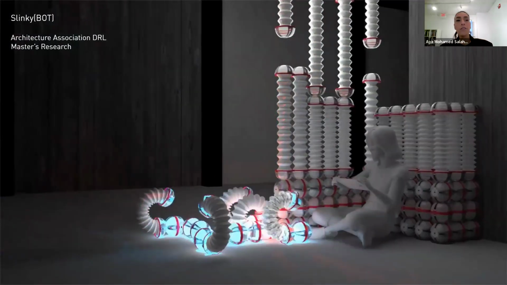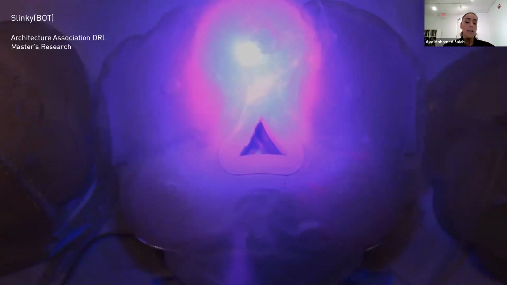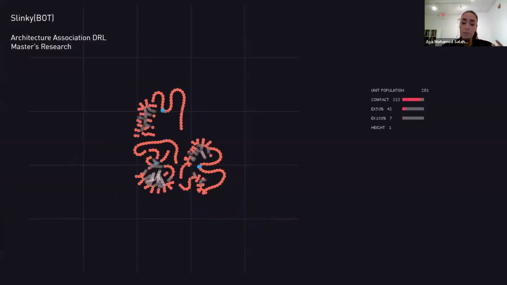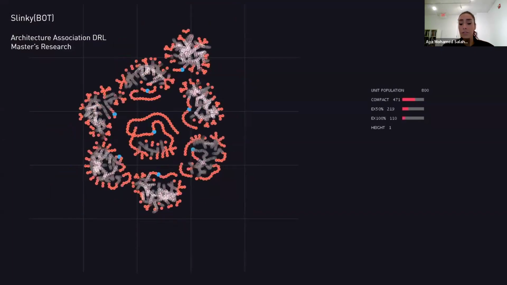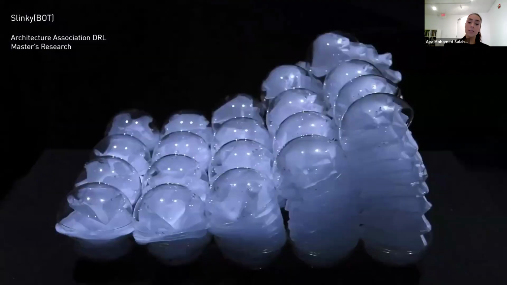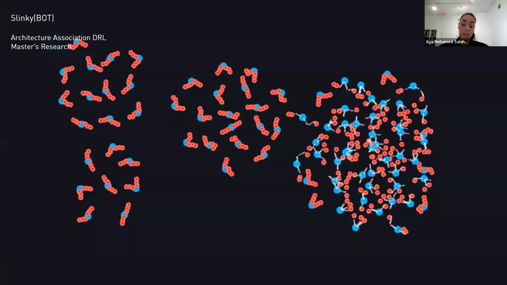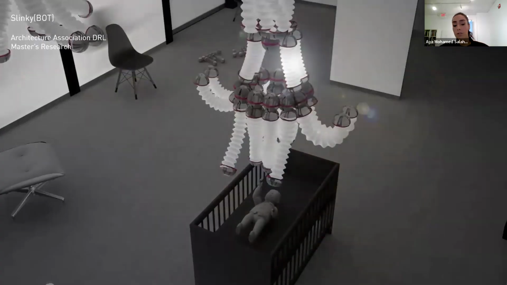So I would actually like to start with a look back, which was in a way a launchpad to the motivation behind this dissertation, which is my research work at the DRL at the AA titled SlinkyBot, which looked at behavioral systems that were based on self-assembly and self-structuring in a way to reimagine an add-on system into an environment or into a house that would give it some sense of flexibility and adaptability, and in a way converge with the human life cycle as its own kind of life cycle itself, tailoring to the human's needs, but also going through its own behavioral cycles.